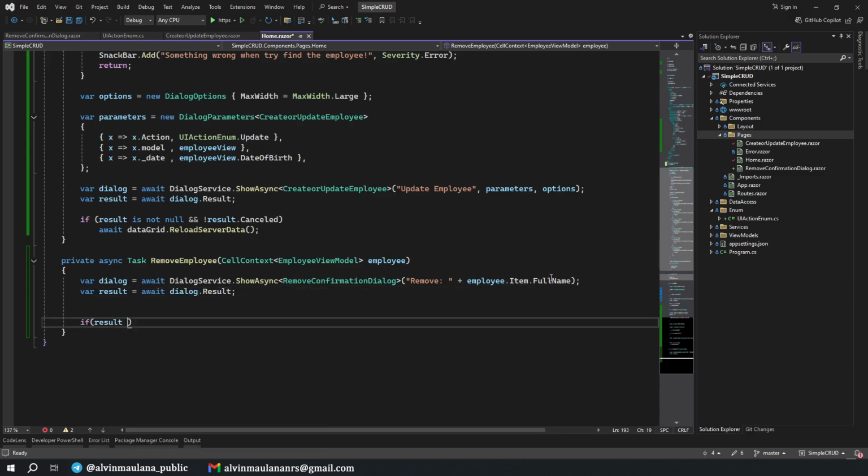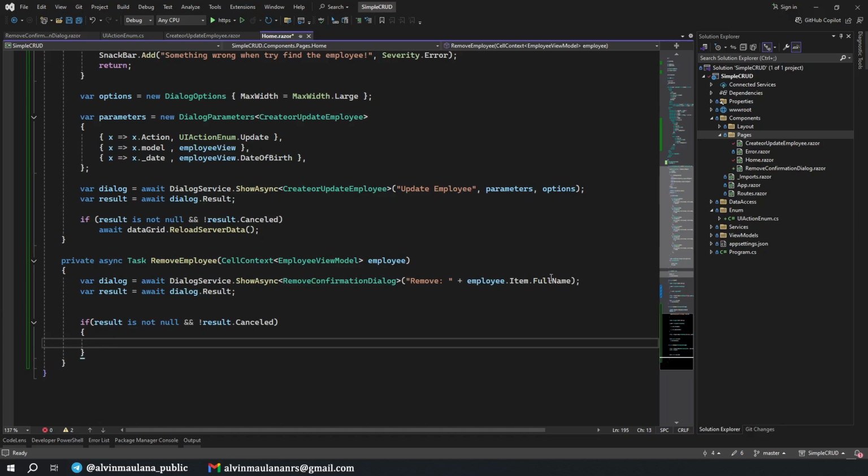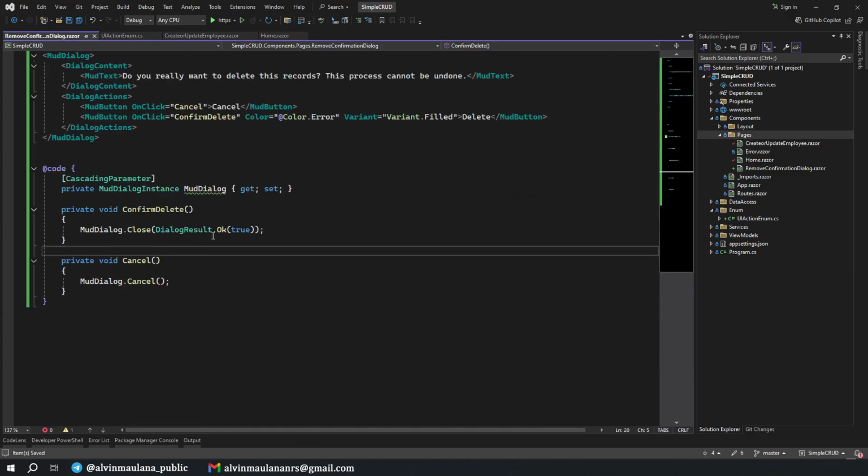If result is not null and not cancelled, we can get the data again, var confirmed = result.Data as boolean, or if data is null, it means false. Data is what we return in here, that we return true.